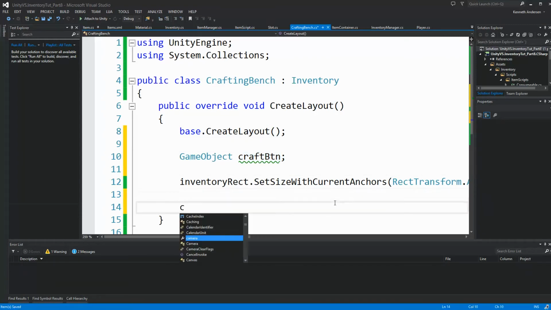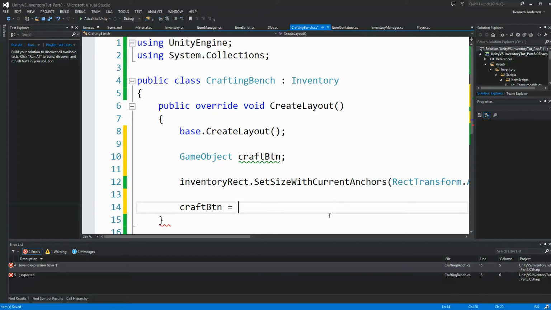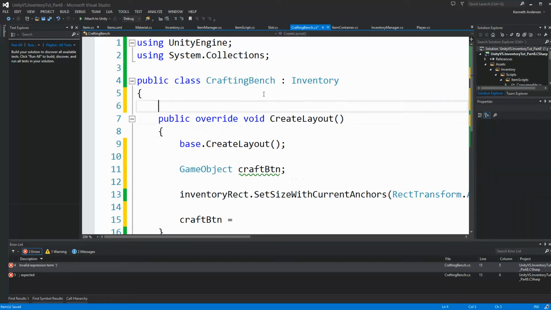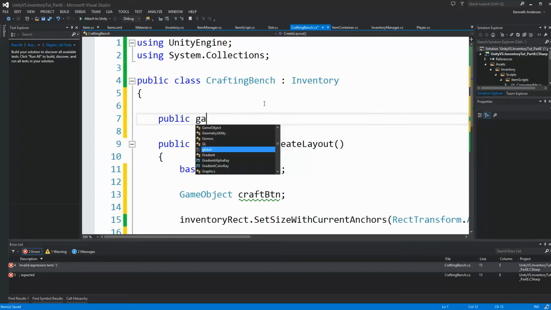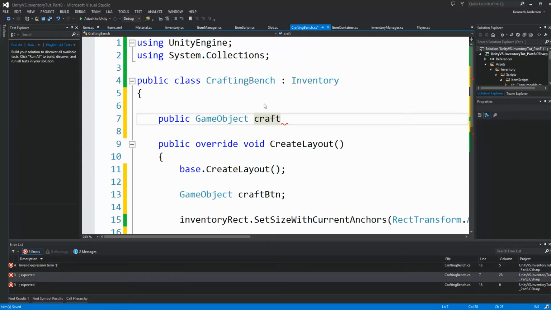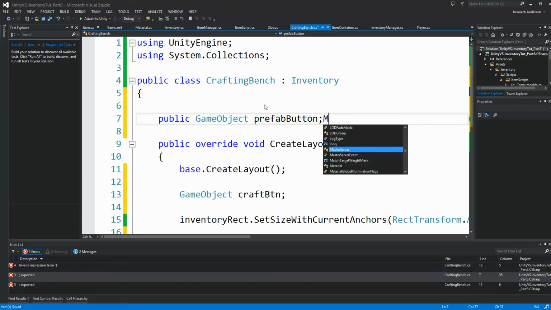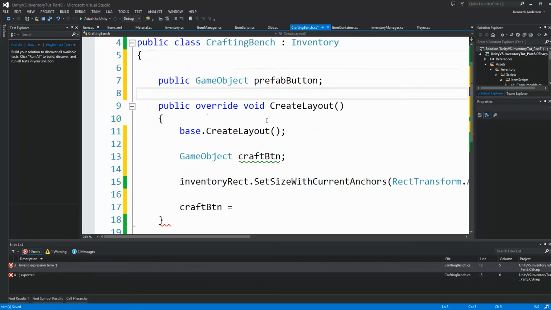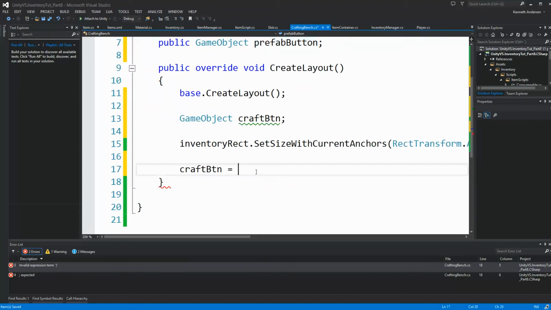And down here we can say craft button equals, and we should instantiate this from the outside, so we can actually create a public game object up here called, what should we call it, prefab button, and let's save this. So when we have that prefab button, we can say craft button equals instantiate prefab button,